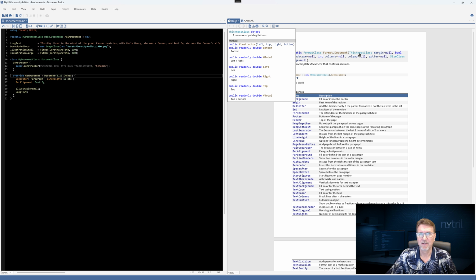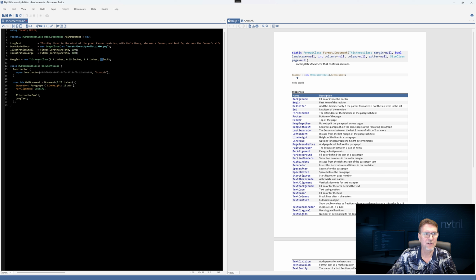So we're going to go up here and paste in a variable called margins. We're going to have it equal a new thickness class where we've got left, top, right, and bottom. So we're going to go a 1/2 inch, 1/4 inch at the top, 1/2 inch at the right, and 1 inch at the bottom. And then let's just take that variable and put it in here.